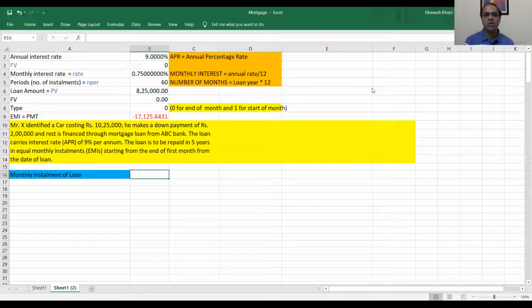So in this case, loan amount is 8,25,000. FV is 0. Then type. Type is 0 if installment is paid at the end of every month, and if installment is paid in the beginning of the month, then type will be 1. So I have kept 0 because installment payment is to be made from the end of the first month. So every month at the end it will be paid.